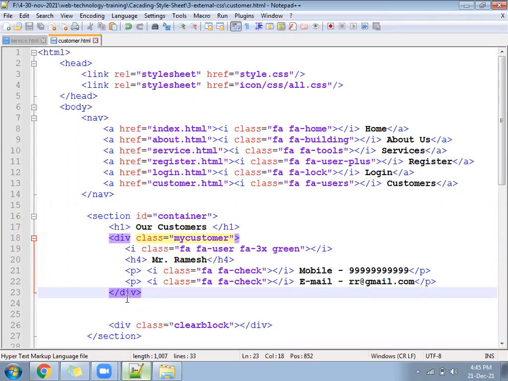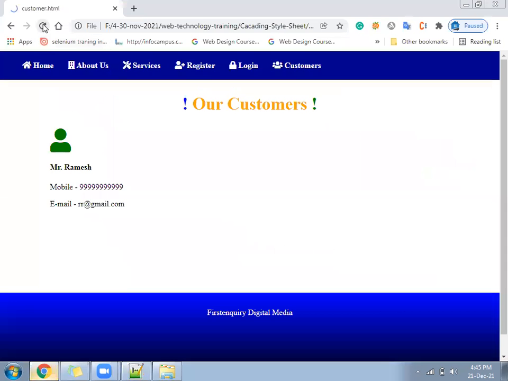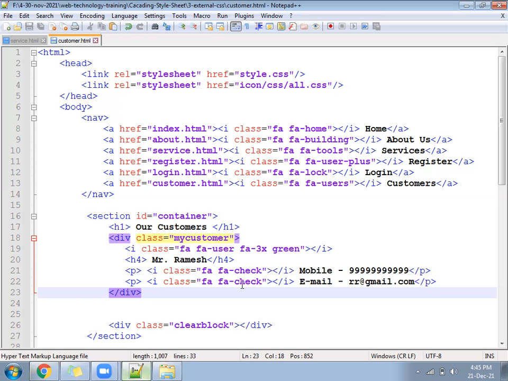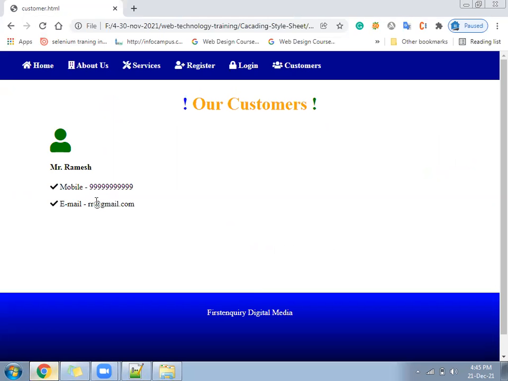Ready? Are we getting the check box? Check will come. Now, one design you saw, how it is coming. What you should do is, see this is one division.